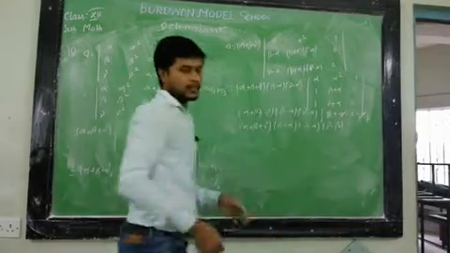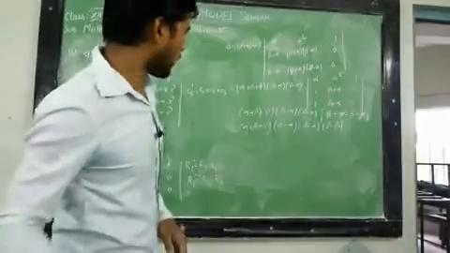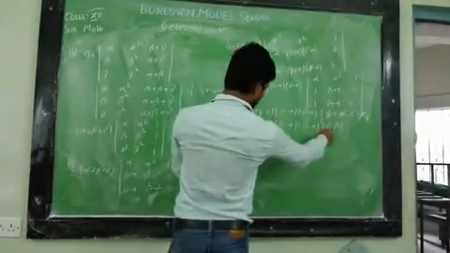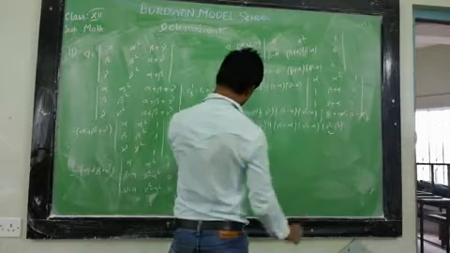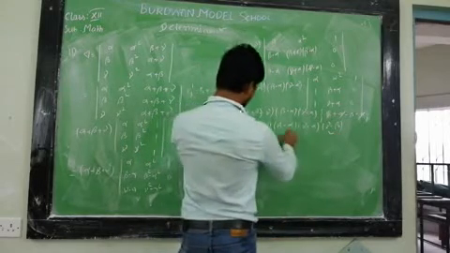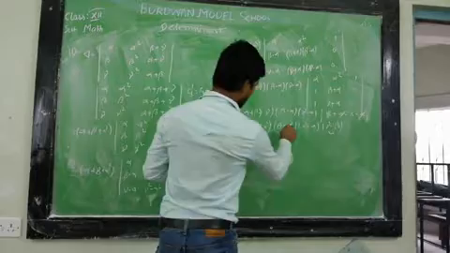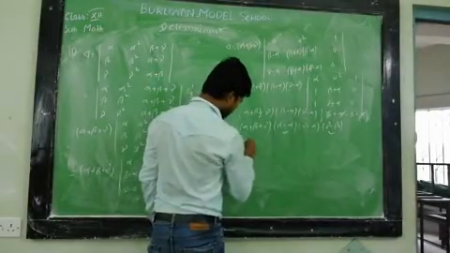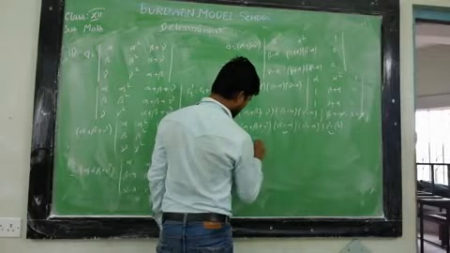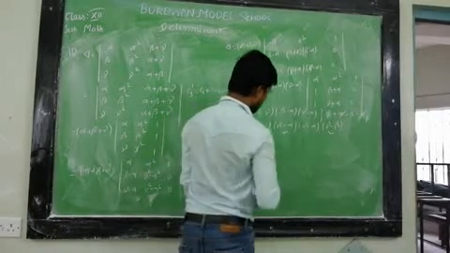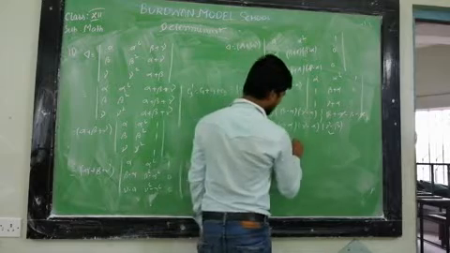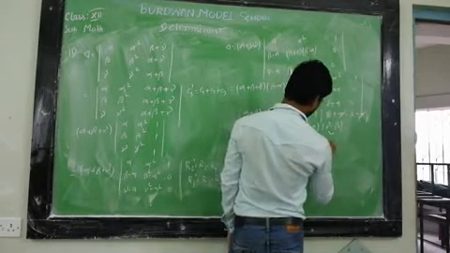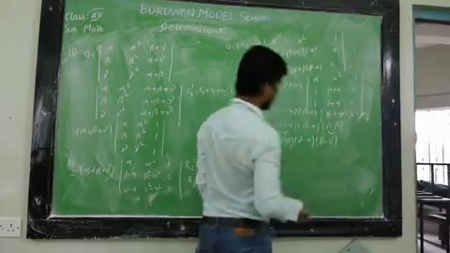Now if we rearrange the result according to the given problem, take minus 1 common from beta minus gamma, and gamma minus alpha and alpha minus beta, and minus 1 common from this. So we have minus 1 whole square, alpha plus beta plus gamma into alpha minus beta, beta minus gamma, gamma minus alpha, and hence proved.